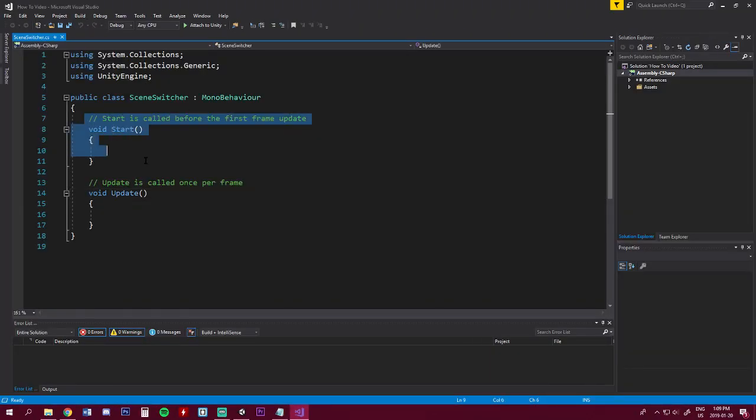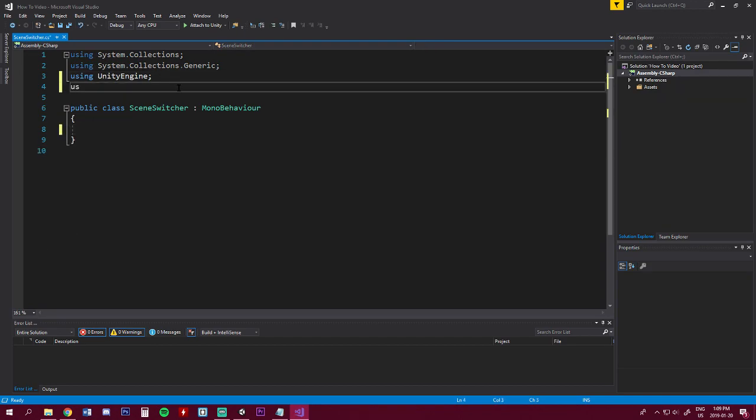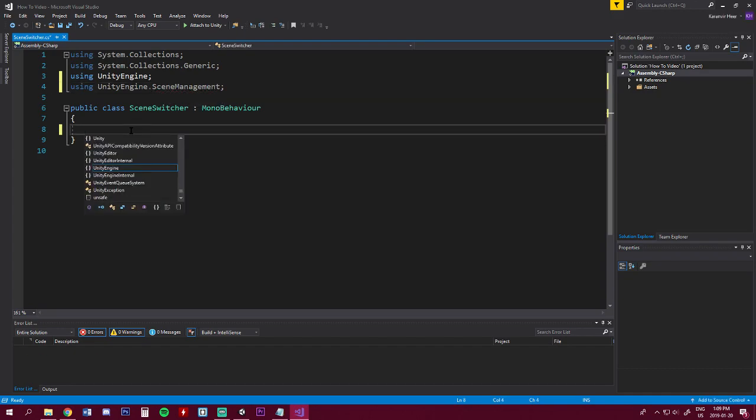Over here, we won't be needing any of this. Just go to the top of the file and type in using UnityEngine.SceneManagement. Alright, and then over here let's make a function called playGame, public void